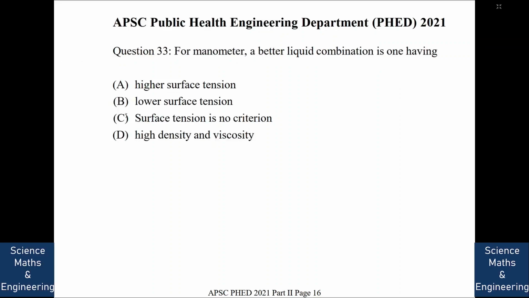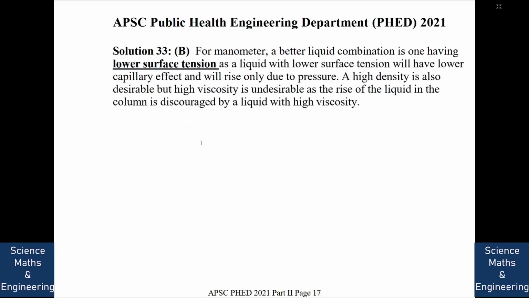Higher surface tension, B. Lower surface tension, C. Surface tension is no criterion, or D. High density and viscosity. So the answer is, for a manometer, a better liquid combination is one having a low surface tension, as a liquid with low surface tension will have a lower capillary effect and will only rise due to pressure. So this liquid with low surface tension will only rise if there is a pressure change and not because